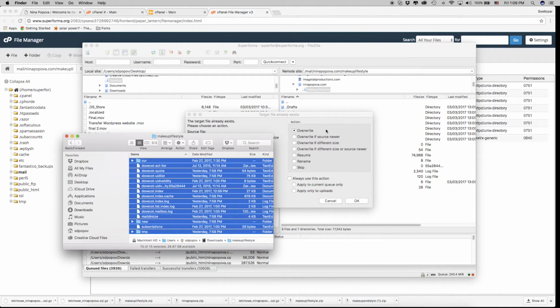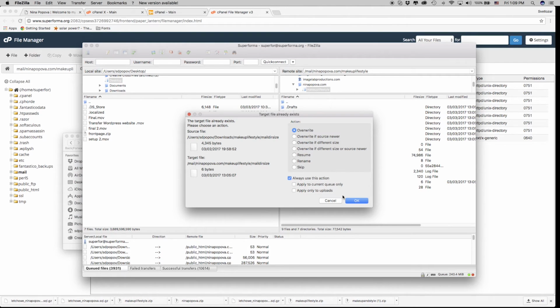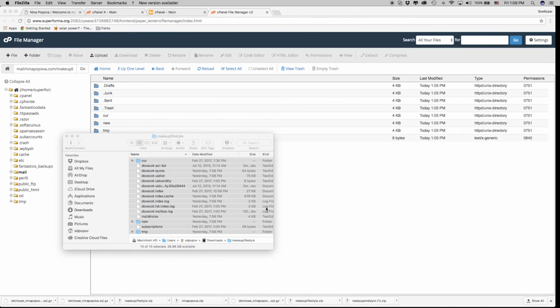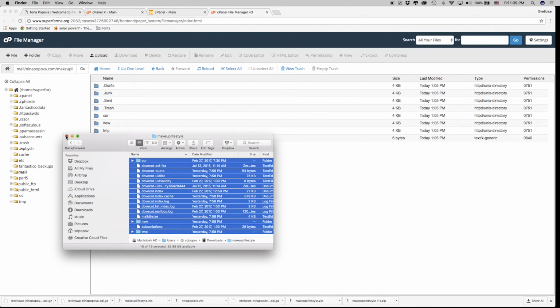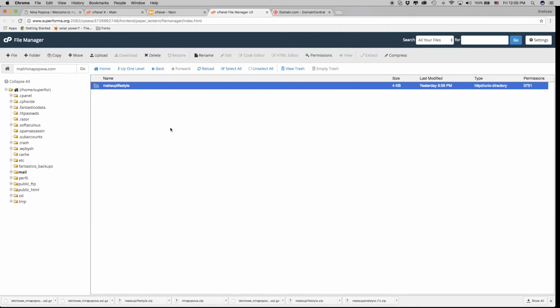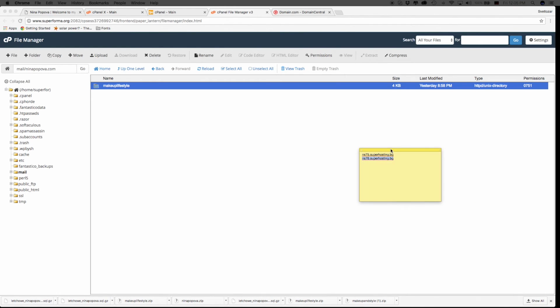Okay. Always use this action. Alright. Yeah, I'm gonna minimize the FileZilla. So we're gonna come back to the FileZilla in just a minute. And there is one more thing that we need to do. First, you have to determine the name servers related to your new server. And once you have that, in this case you already have them right here,